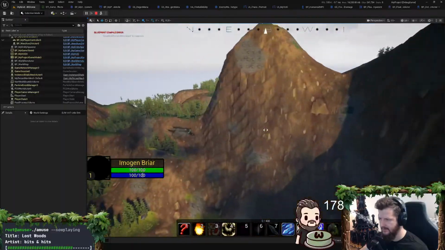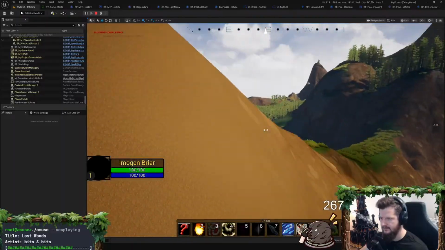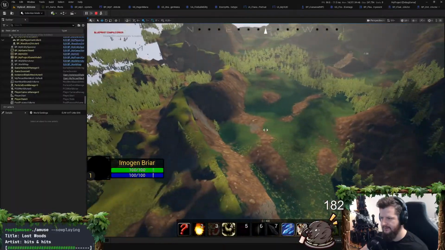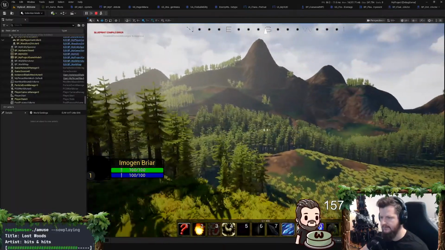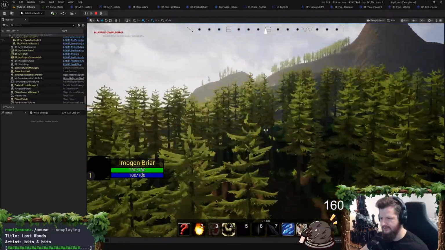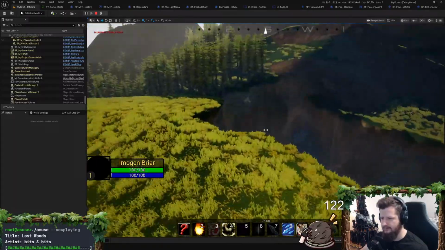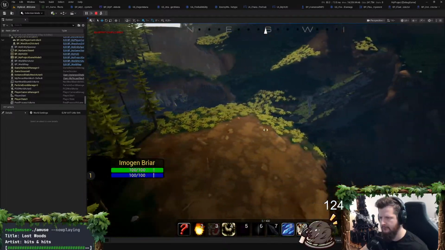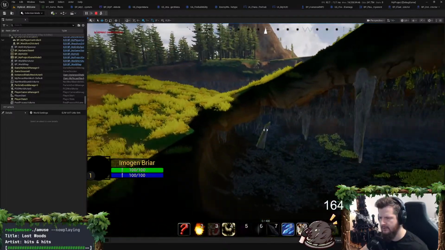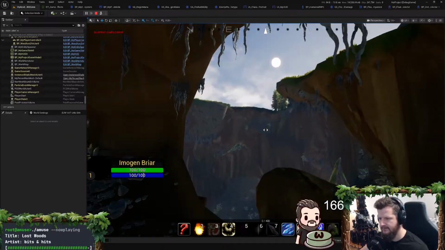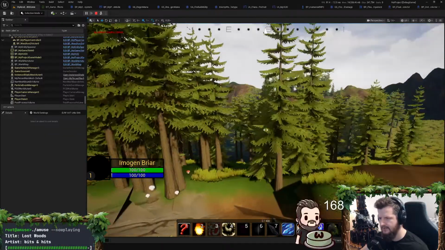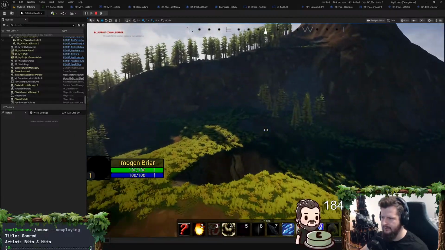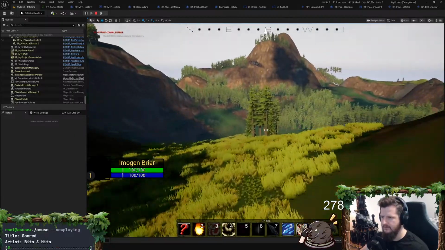So I wrote my own ECS. ECS is a system to very efficiently run thousands and thousands of entities based on CPU architecture, basically. Cache locality is what it would be called. And yeah, I want the whole world to be running. I want to be able to create a colony. I want to be able to recruit colonists. I want to be able to interact with other NPC-run colonies throughout the world. I want to be able to run around and explore and quest.